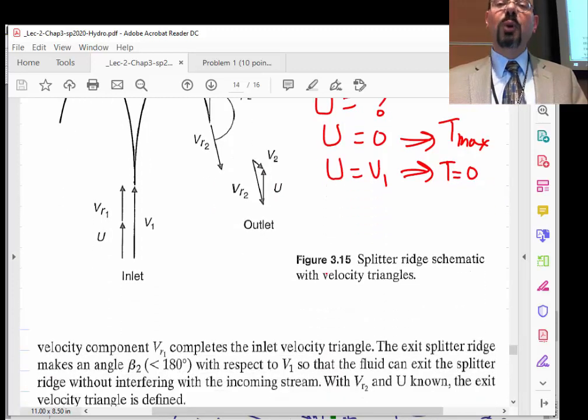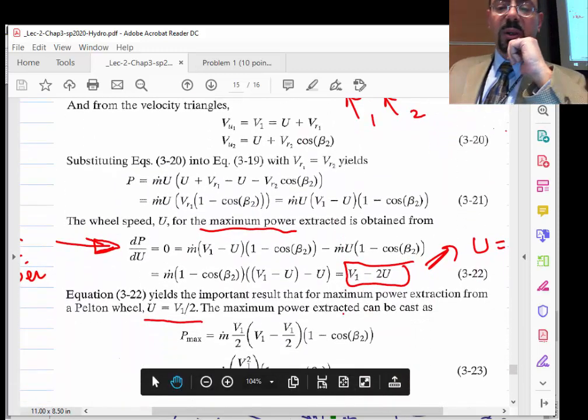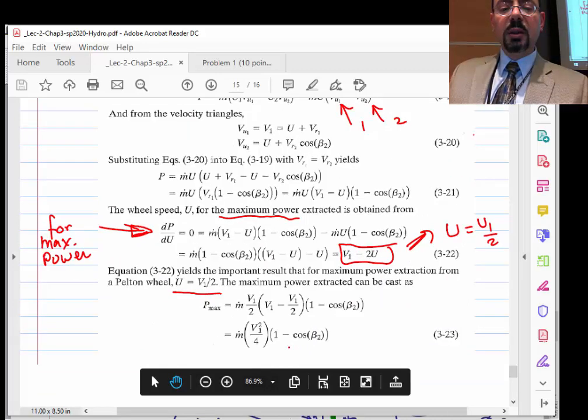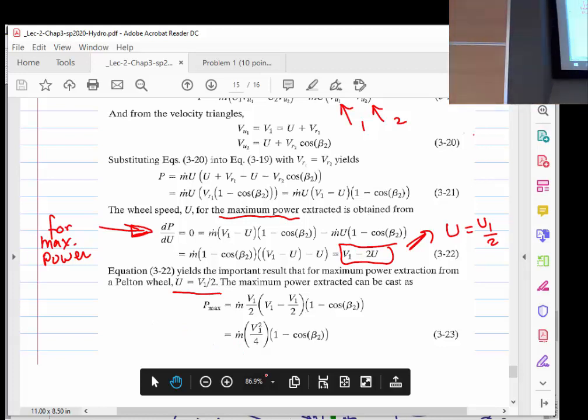V2 will be 0. Let's see if this will really work. So if this is 1 minus minus 1, it will be basically 2. And 2 cancels with the 4, and the power will be m dot V1 squared over 2. The power output from that hydraulic turbine is half m dot V1 squared. What is half m dot V1 squared? That's all the kinetic energy coming from that hose. Your power output is exactly the power input,